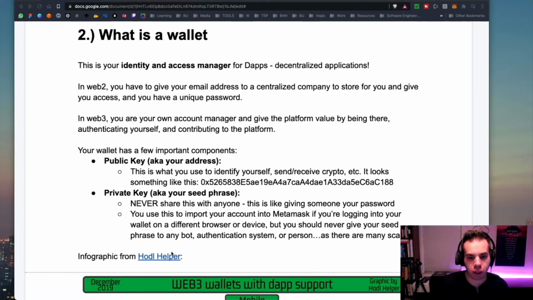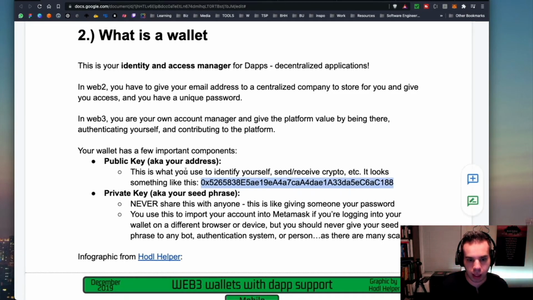And it's going to look maybe something like this. This is just a string of characters that typically comes after 0x. That's for Ethereum specifically, but there are a lot of wallets that model the same type of string character count. And this is how you would send this. So if you wanted to have someone send you cryptocurrency, or you wanted to log into an application, this is what the wallet is going to send to that application to say, okay, here is that address, and we're going to know that this is the specific address we want to interact with.